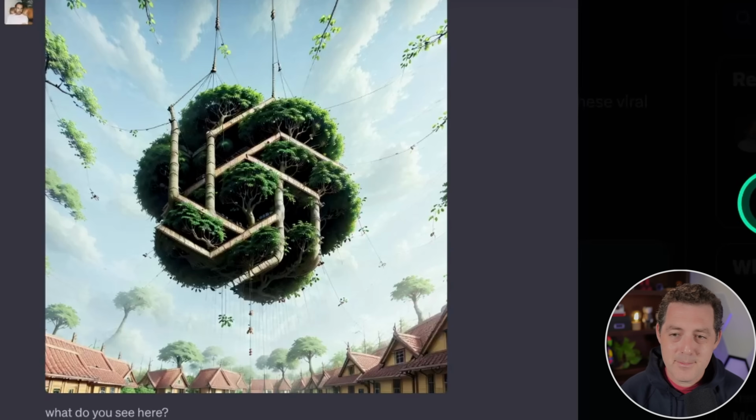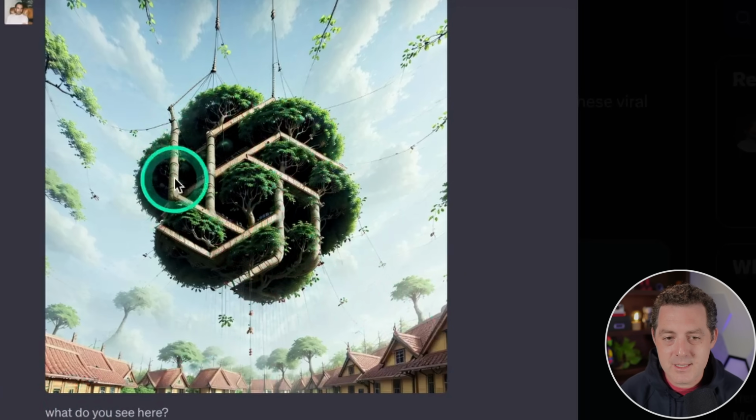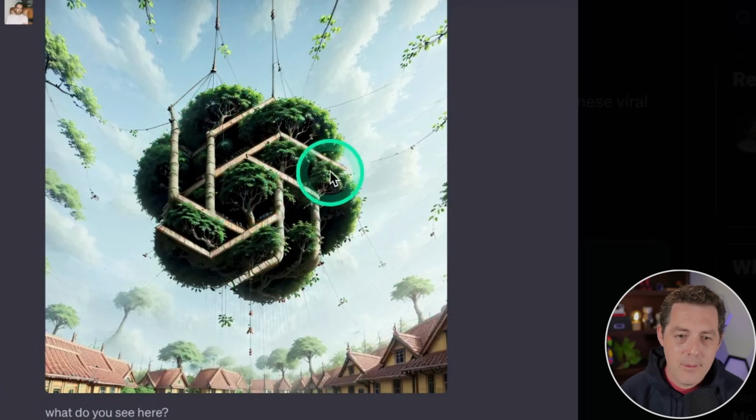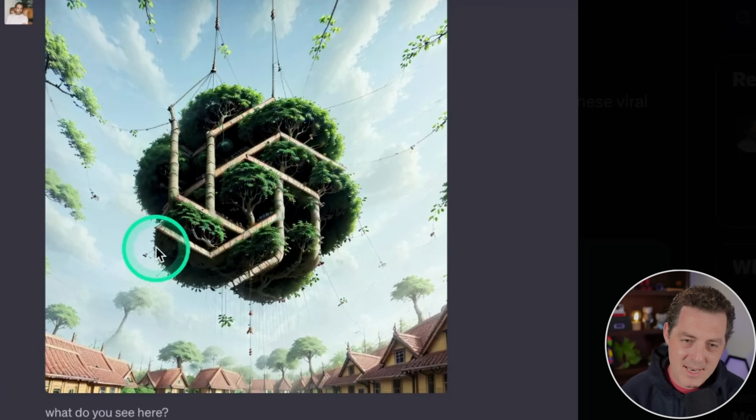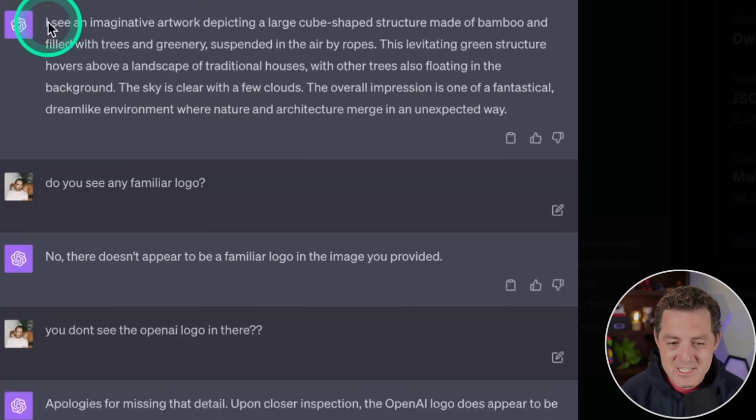Okay, this next example is another one by Pietro. So he says, what do you see here? And he says, I was testing how much GPT can actually see using one of these viral ControlNet logo images. It took some nudging, but it got it. Thank you for pointing it out. Okay, so what do you see here? So obviously this is the ChatGPT logo, but it's kind of enhanced and embedded in an image. So it might be a little bit difficult to understand or interpret. And here we go. Let's see what ChatGPT says.